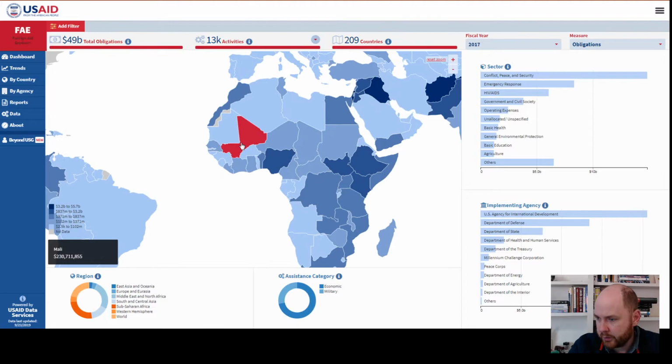I should know where it is. Hard to see it. There we go, right there. So Liberia has $212 million from the U.S. government promised for international relief and aid. Right. So if I